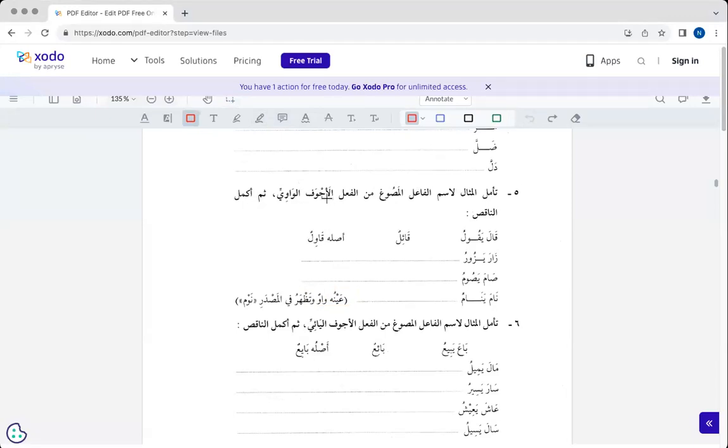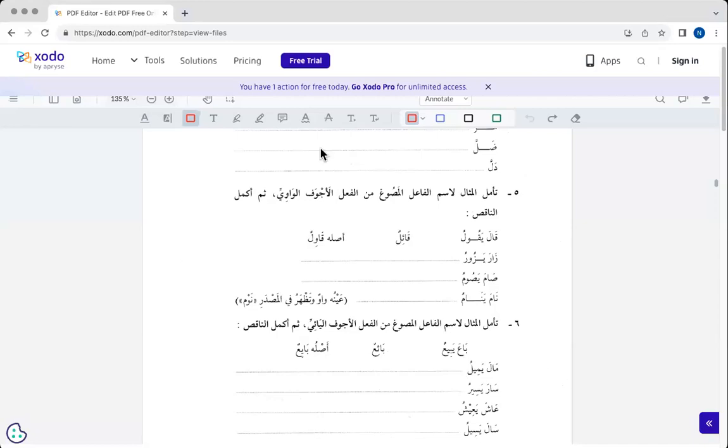Either the middle letter is originally a waw, or it's originally a ya. There's no third option. I'll give you an example. The fi'l which says,